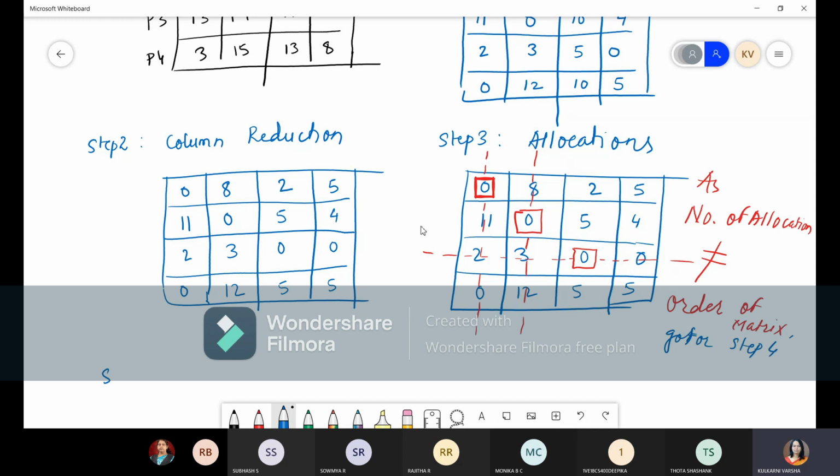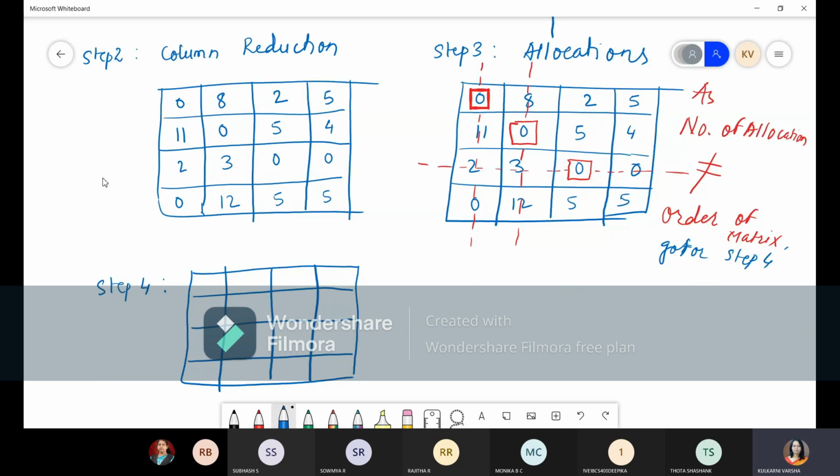Okay. So now what is step 4? Step 4 is nothing but modification of the reduced matrix, right? Improvement or modification of the reduced matrix. So we will go for that. Let me first draw it. Yeah. So now we'll use this matrix, the previous matrix. And what we have to do, from all these elements in step 3, is find out the least uncrossed element.